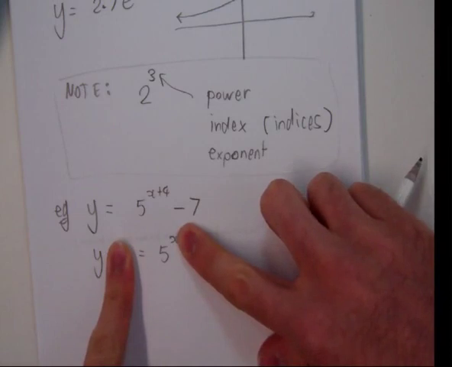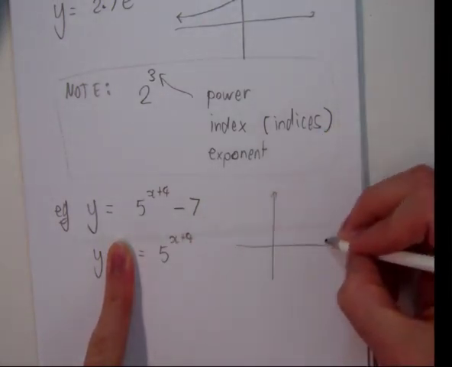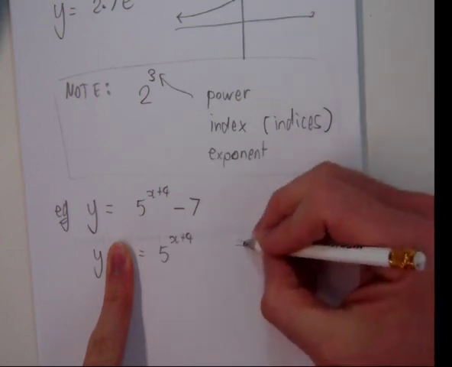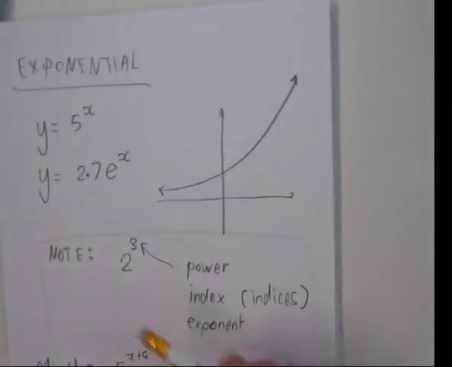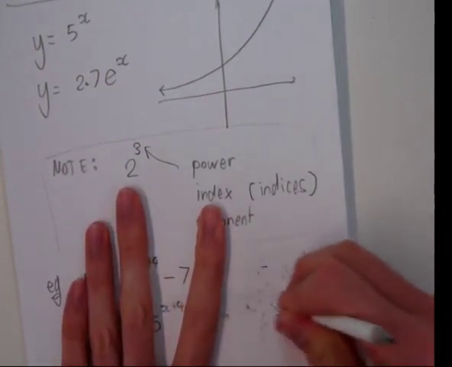And y equals 5 to the x would normally look like this, as we drew it up there. We already drew y equals 5 to the x. That's what that looks like there. Our graph is the same shape,